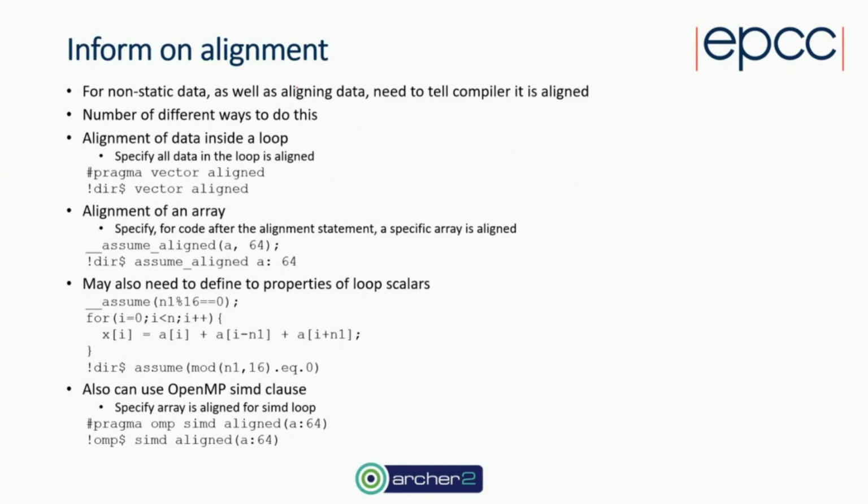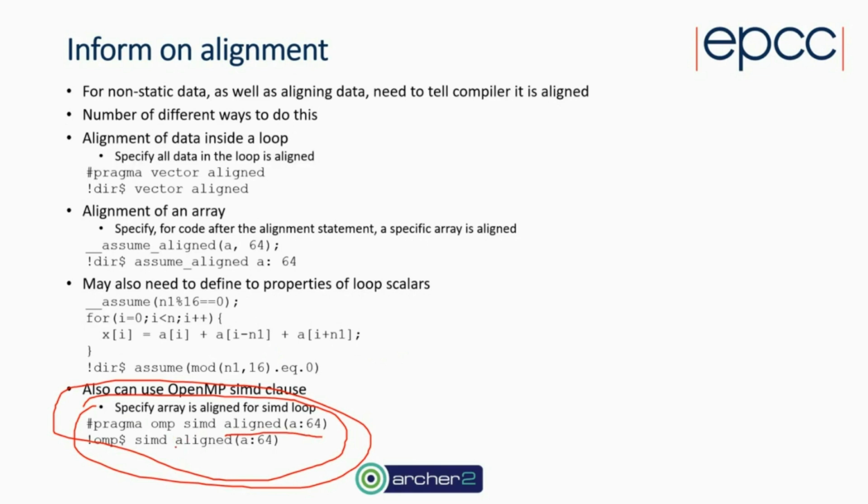Now, the nasty thing, of course, is that once we've aligned the data, we also then have to tell the compiler we've aligned the data. And there's a number of different ways of doing this, but generally the easiest one here is to stick this at the beginning of any loop you want to vectorize. And these are OpenMP SIMD pragmas, but they let you say #pragma omp simd, the data is aligned. And that tells the compiler you've done the work of aligning the data for it. And that lets you